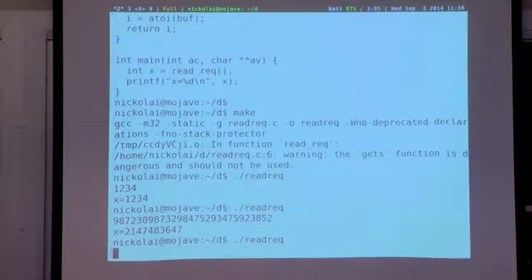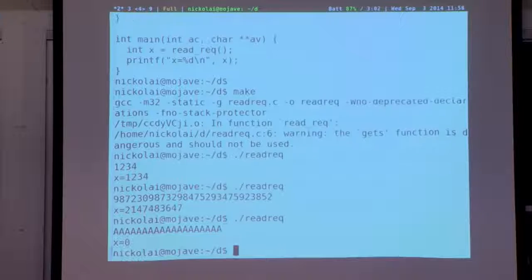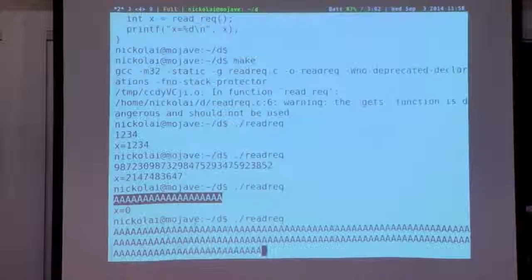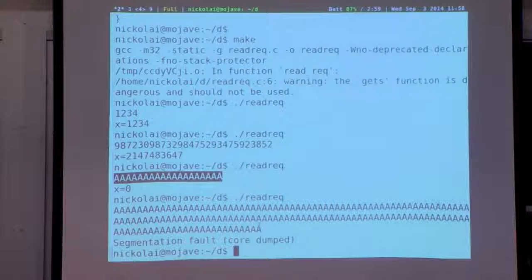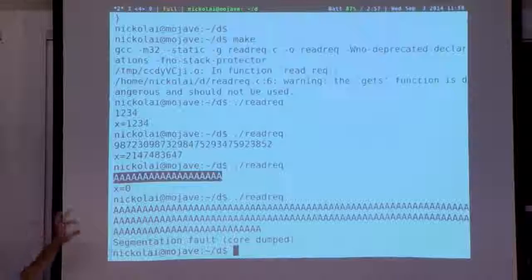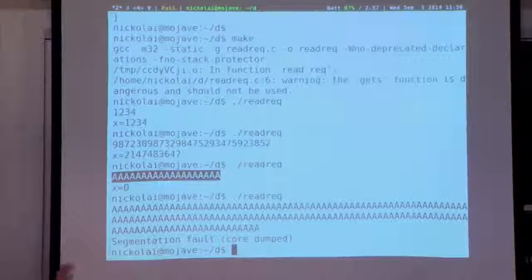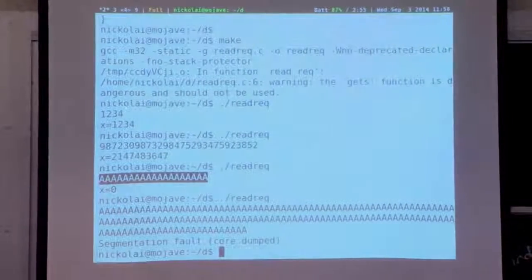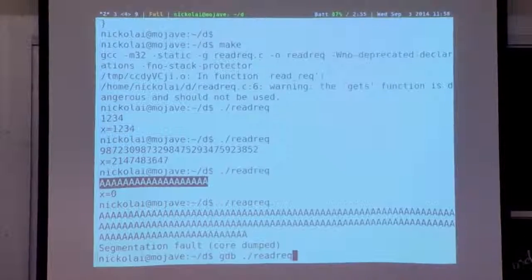But if we provide some really large input, we might get some other problems. So suppose I provide a lot of bytes. Well, if I just provide things that are not numbers, it prints 0. That's not so bad. But suppose I paste in a huge number of A's. Now the program crashes. Maybe not too surprising. If I send a bad request to a web server and it just doesn't send a reply, that would be fine. But we'll look inside and see what happens and try to figure out how we can take advantage of this crash to do something much more interesting, well, much more along what an attacker might be interested in doing.